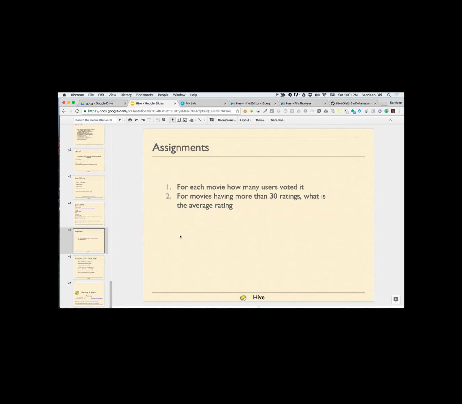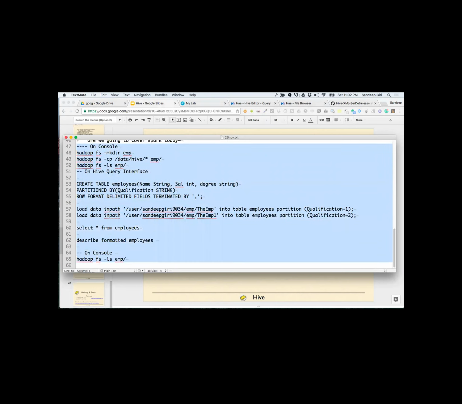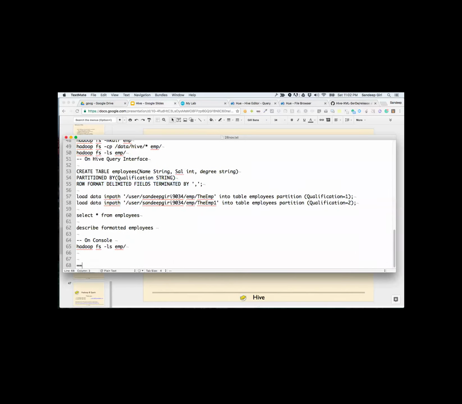Is everybody with me? Yes, so this is your assignment, and other than that you have to try out these two exercises. One is this, and the other is the ORC file.